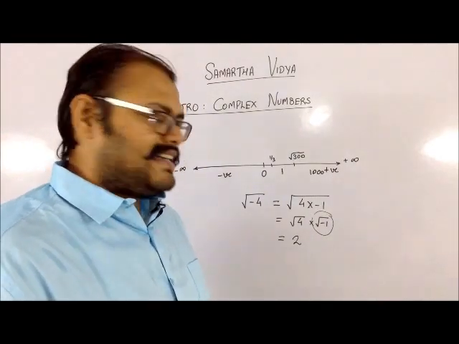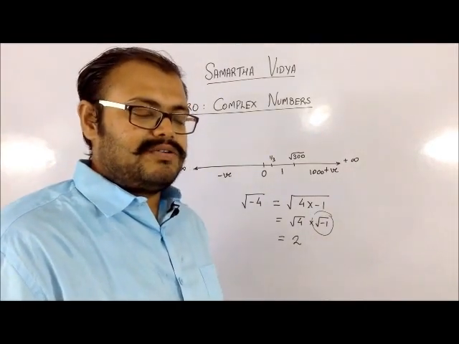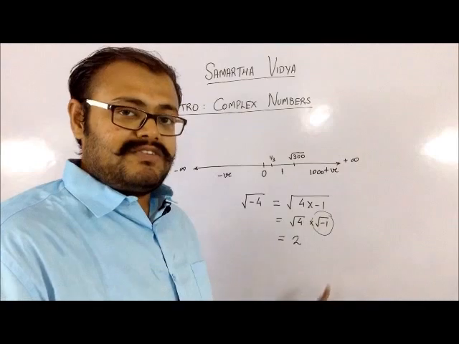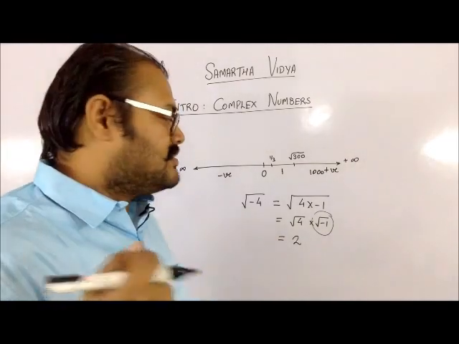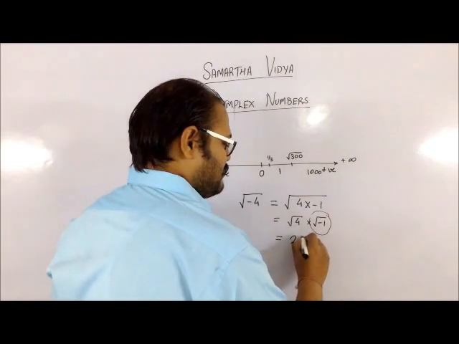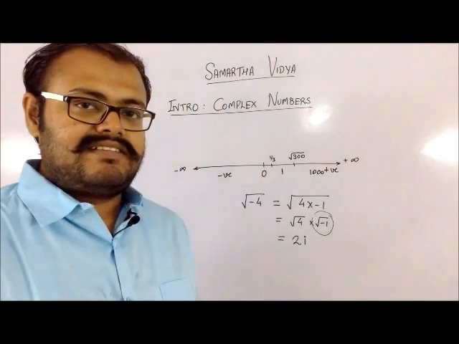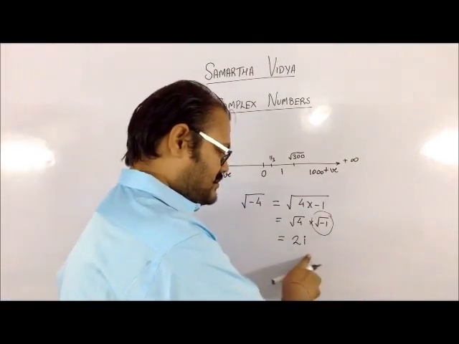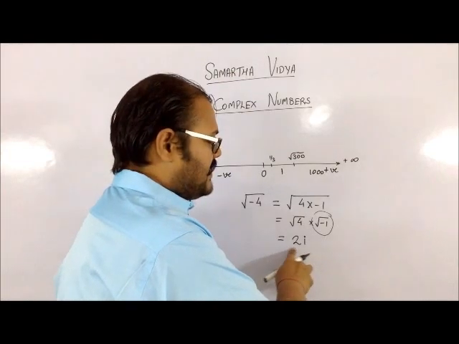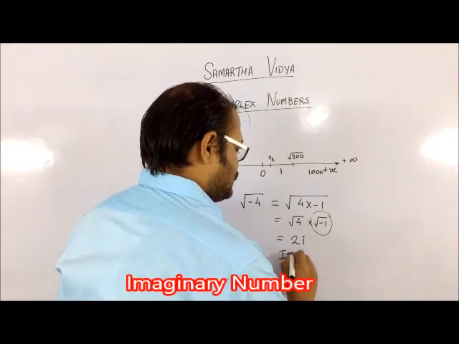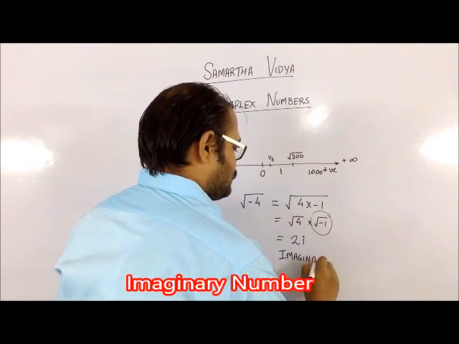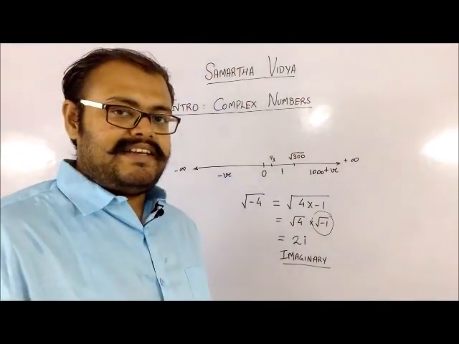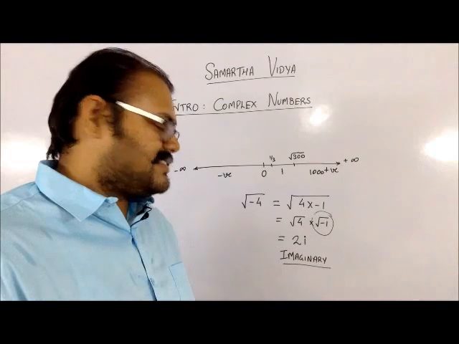So root of -1, as in mathematics, whenever we don't know something, we represent it by a variable like x. In this case, I know the value, that is, it is root of -1. So I am going to represent it with an alphabet which is called as i. Now this i is called as iota. So what you have to observe over here is whenever we have a real number with an i, then this becomes something which is called as imaginary number. It is called imaginary because it cannot lie on my real number system. So that is why it is called as imaginary number.